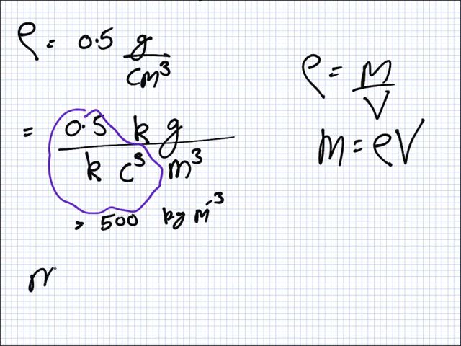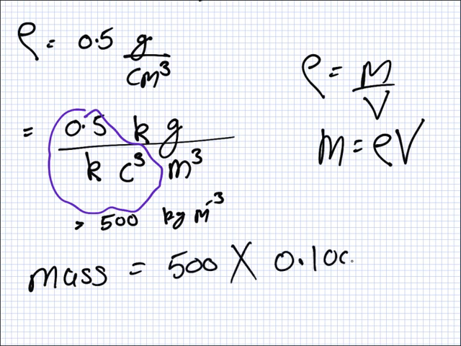So the mass will equal 500 times 0.1005, which is roughly 50.25, so that's 50.3